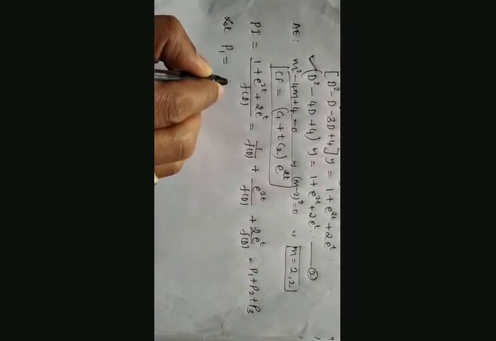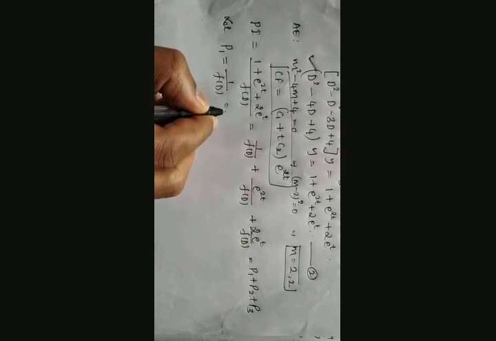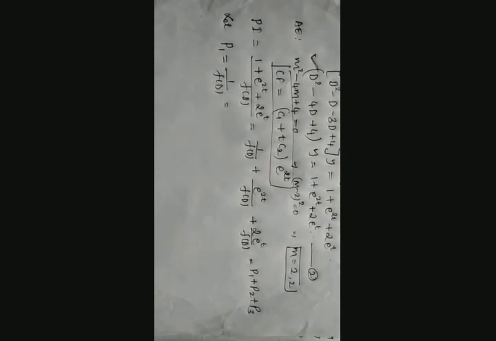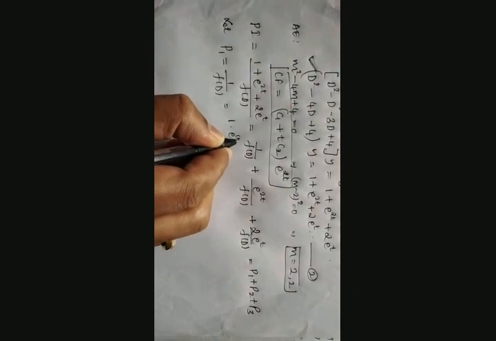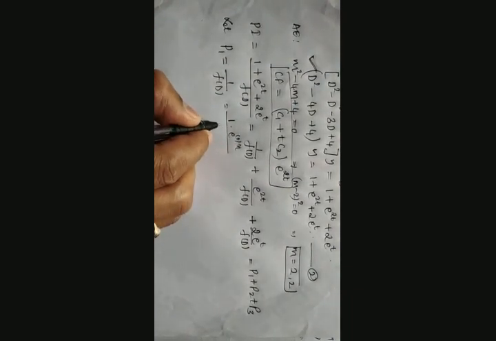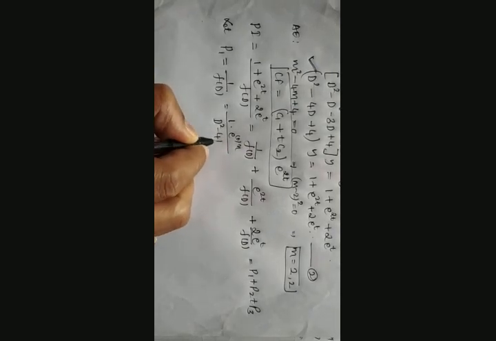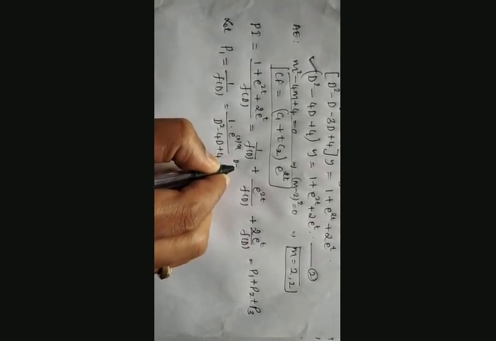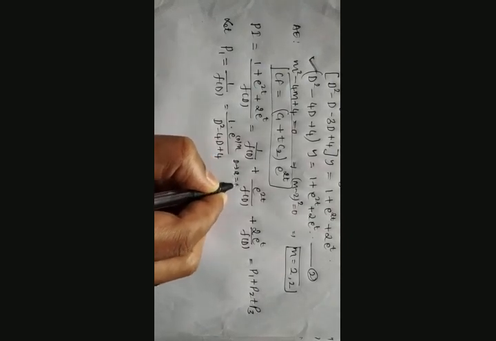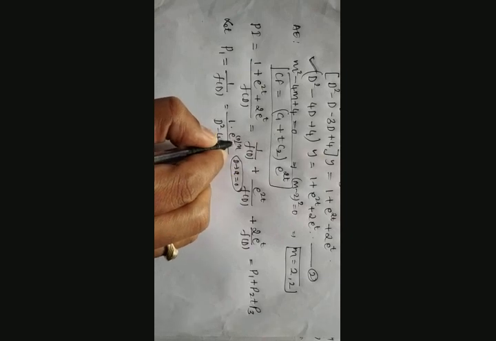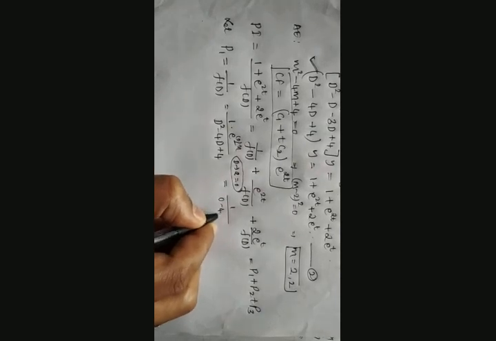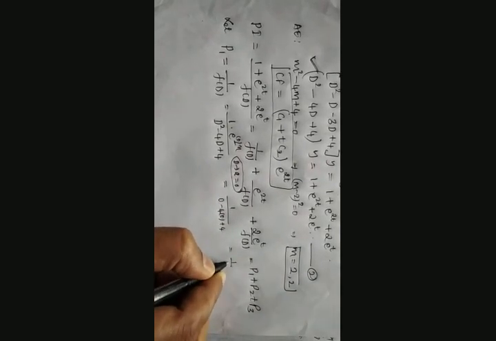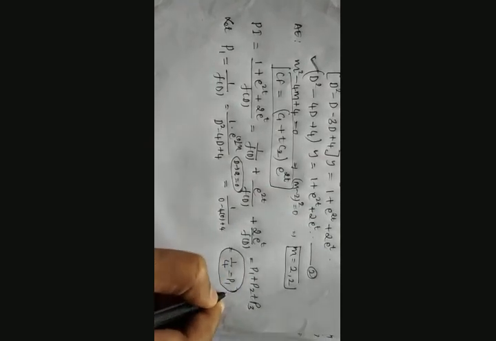First we take P1. What is P1? 1 divided by f of d. 1 is a constant, it is a number. Then how is it connected to the exponential term? We take it as 1 into e raised to 0 times x divided by f of d. What is f of d? d square minus 4d plus 4, where d is going to be replaced by a, and that a is equal to 0. That a is taken from the exponential. Therefore, it is 1 divided by 0 minus 4 into 0 plus 4, which is equal to 1 by 4. This is P1.